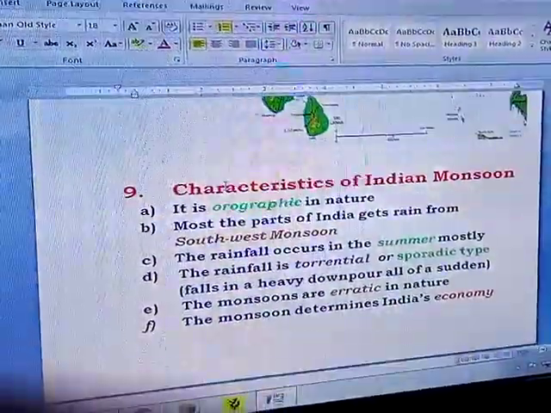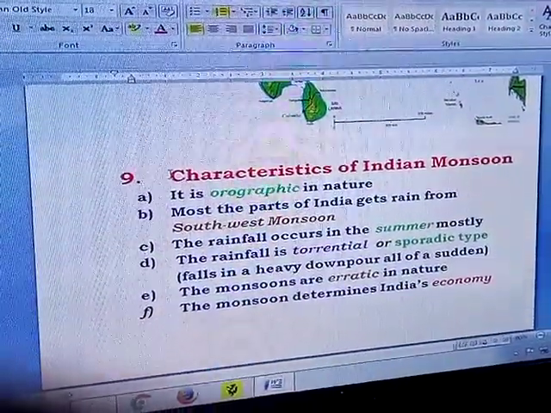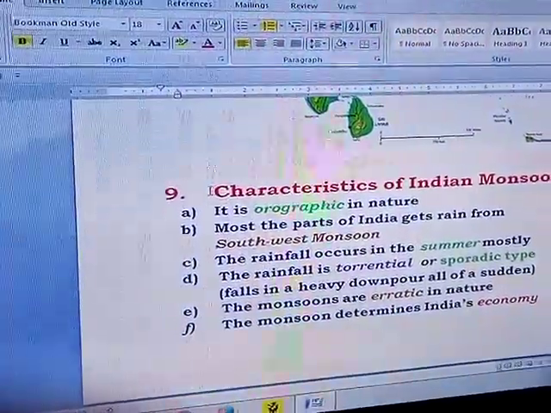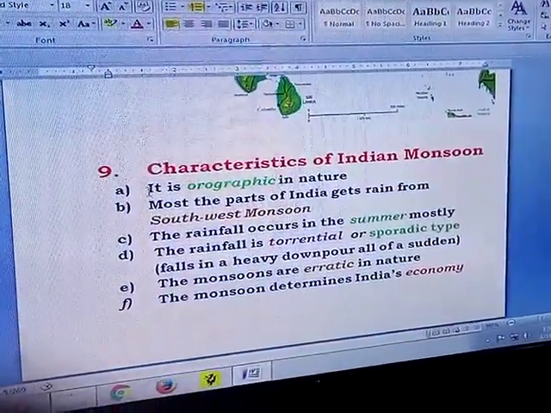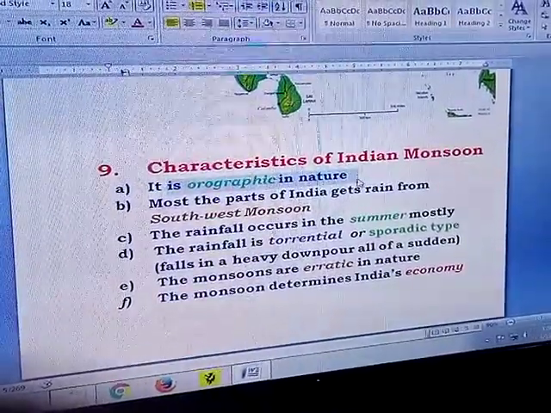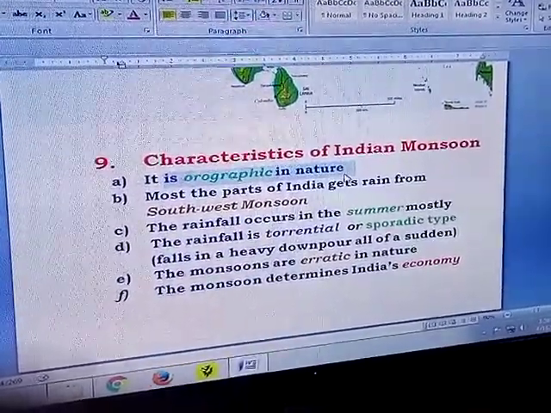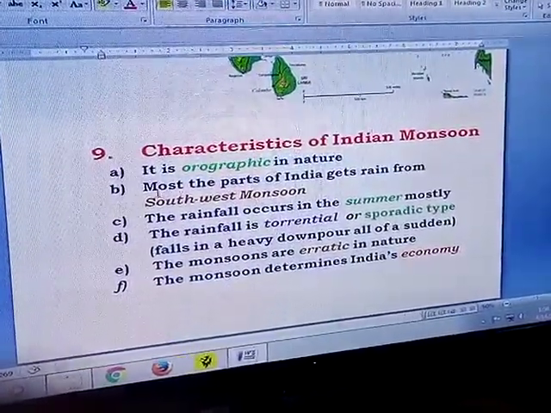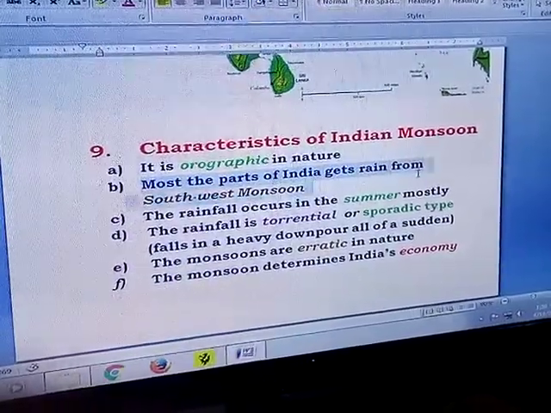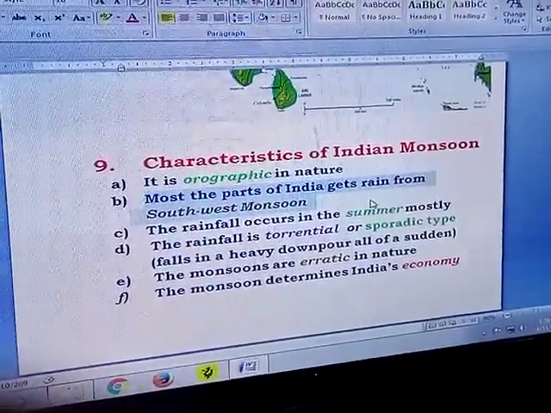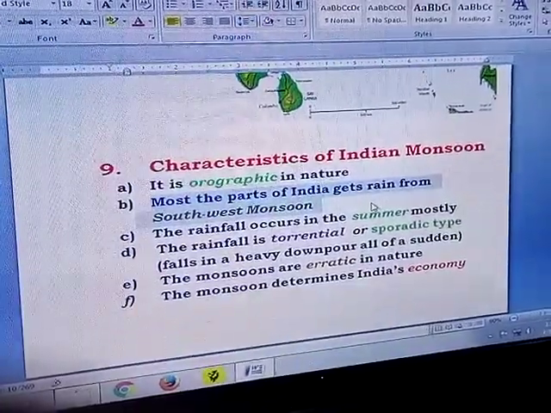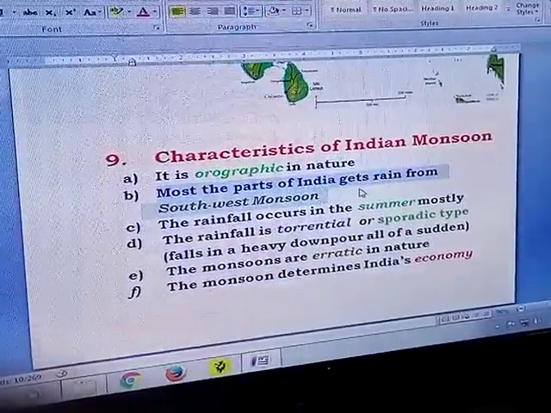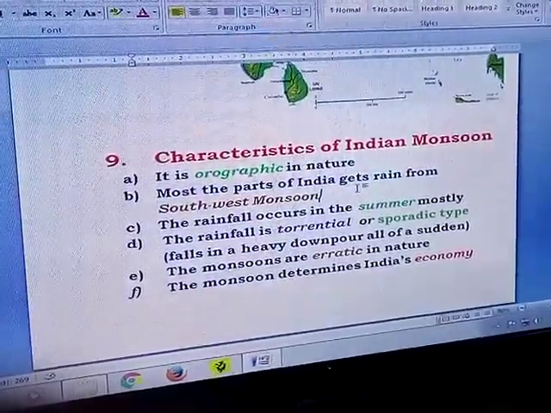Finally, we will be discussing the overall characteristics of our Indian monsoon. It is orographic in nature. That means the southwest monsoon rains only with the help of a mountain. Most parts of India get rain from the southwest monsoon. Very little comes from western disturbances or occasionally some cyclonic rainfall, but more or less the major rainfall